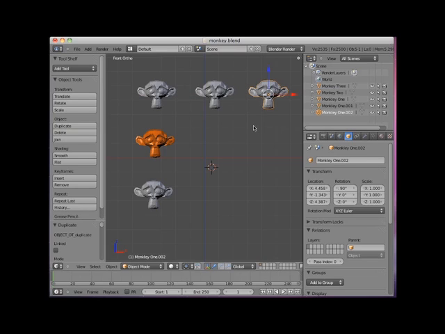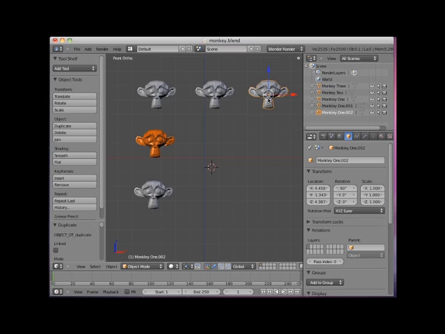Duplicate objects created with either the duplicate button or the Shift-D Blender shortcut are independent objects. Note that Blender automatically names the duplicates using the .001, .002, and so on suffix. Any transform, move, rotate, or scale, or any modification or edit done to the duplicate will not affect the original or any other duplicates. For instance, I will select the last duplicate,